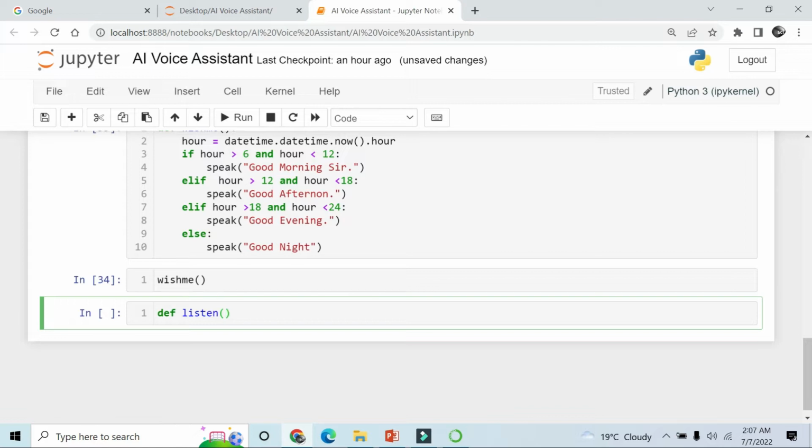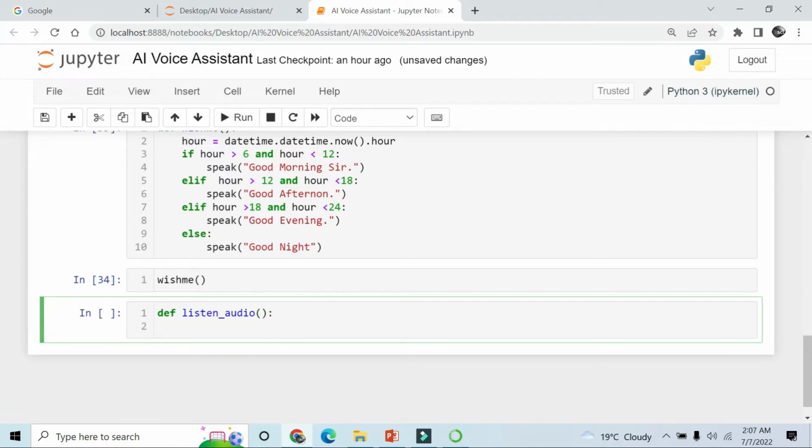listen audio. SR dot Recognizer class. Recognizer is basically a class. You can say it's a magic class, because all the functions done by the speech recognition module are basically done inside this class. So that's why it's called a recognizer, a magic class